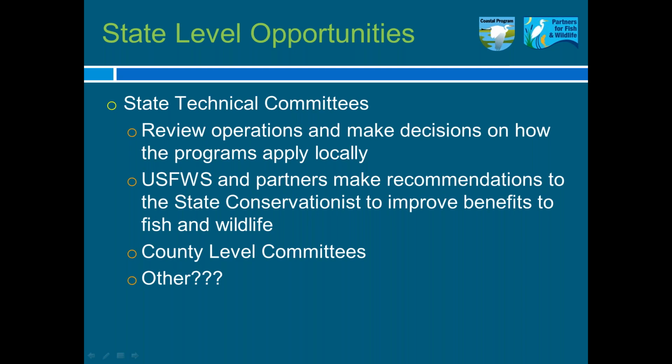And so, what are ways with which all of us out there can participate and help? Well, there's state technical committees. If you haven't had a conversation with your local NRCS or FSA office, it would be a good opportunity to talk with them. What these technical committees do is review the operations and make decisions on how these programs can apply locally. Again, it's locally